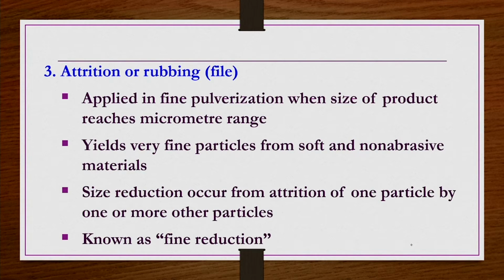And then despite whatever the uniformity of the feed, the product that you get after the size reduction may have a very wide distribution, you may not have a very uniform size distribution. Let us say you take glass beads of 1 centimeter size, you take several such glass beads of 1 centimeter, you take them in a crushing equipment, and when you apply the size reduction operation, when you crush them, you finally get the product. So initially the feed you have taken is uniform, all the particles having 1 centimeter size.